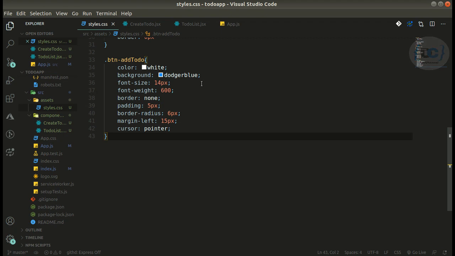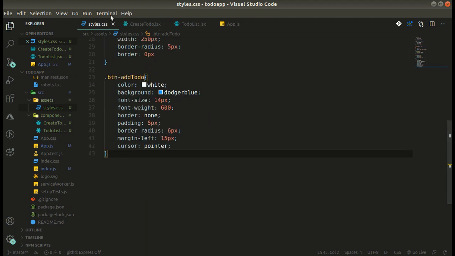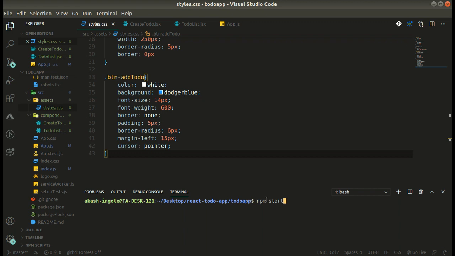Okay, so now let's run the project once and see how it looks. You can simply access your terminal from here and simply run the command npm start.